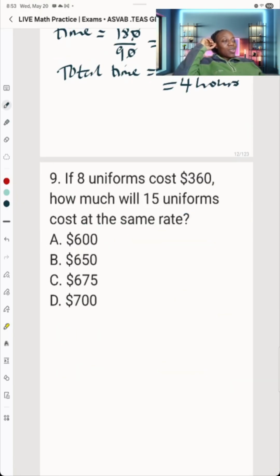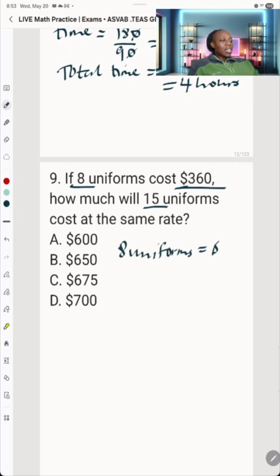So if 8 uniforms cost 360, how much will 15 uniforms cost at the same rate? Cost of what? Cost of one uniform. So if 8 uniforms is 360, what is the cost of one? You want the cost of one uniform, which will be 360